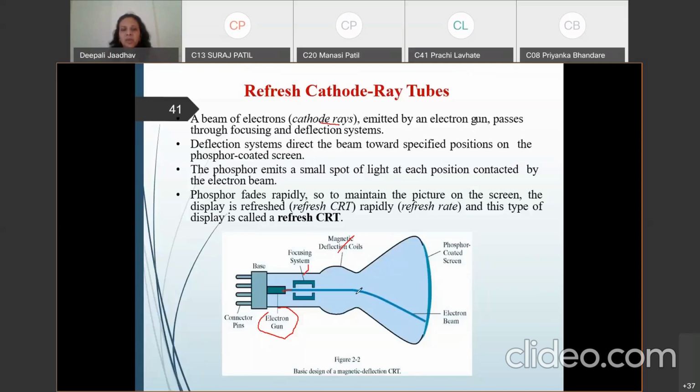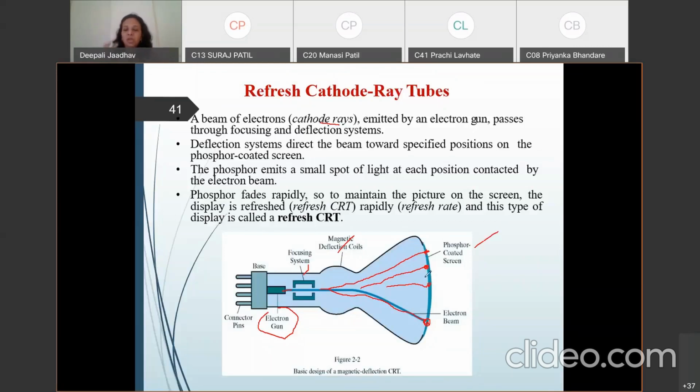This is a phosphor coated screen. If this electron beam starts from here and goes here, we can see a spot of light. If it goes here, we can see a spot of light. It is a phosphor coated screen where these electron beams are deflected, and we can see a spot of light.